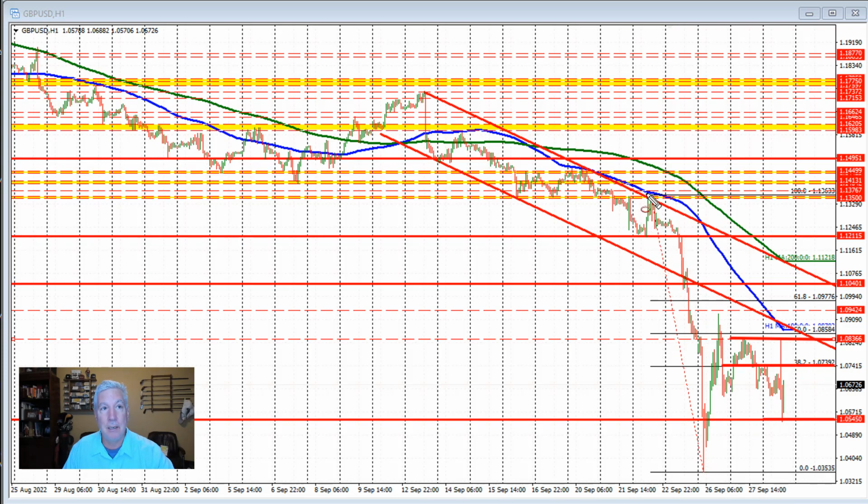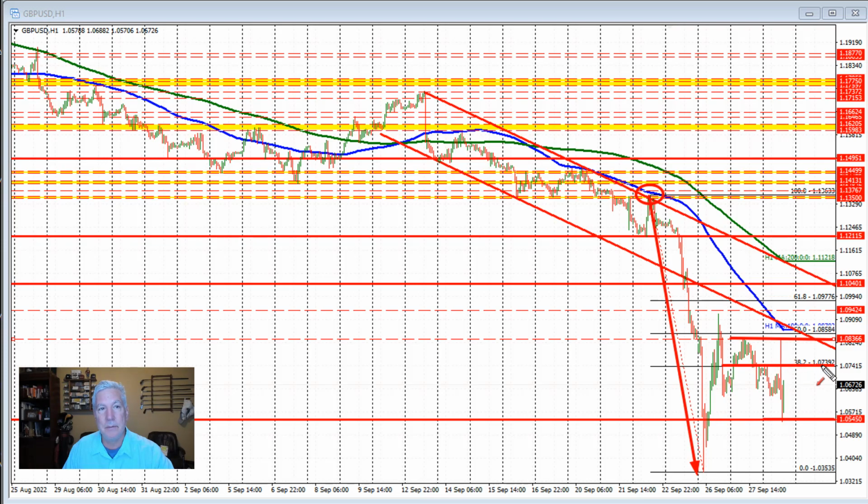It starts at this high right here. Why did I pick this high? Because it was the last time the price tested the 100-hour moving average. You can see the price has been using the 100-hour moving average as resistance since the last time, and then that move, that test right here where the market tested, led to this sharp decline through here. So this is a trend move, and so I put a Fibonacci from this high to this low,